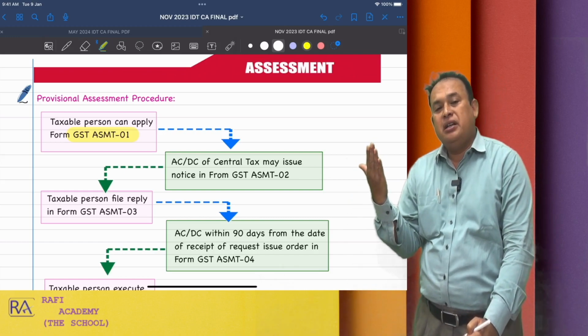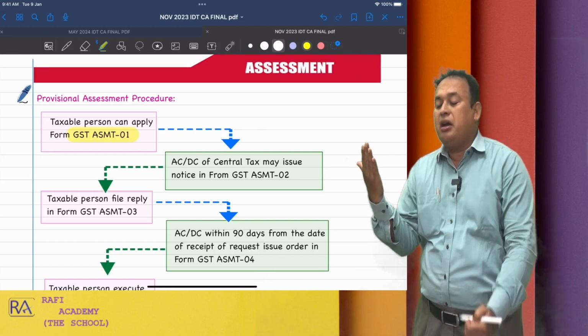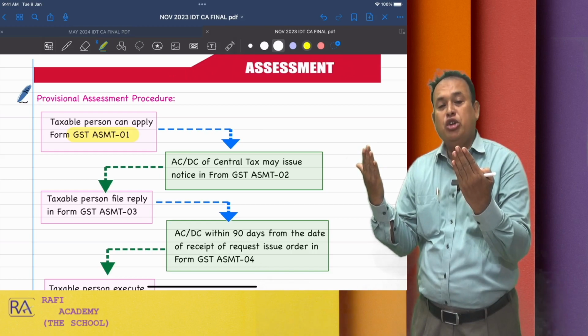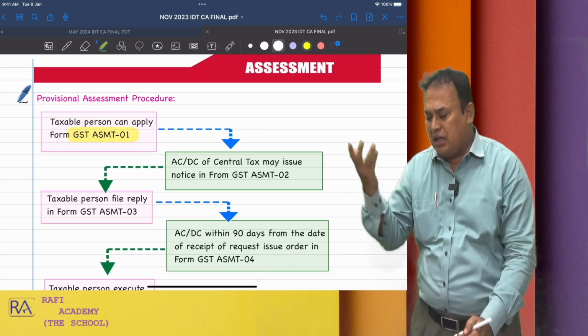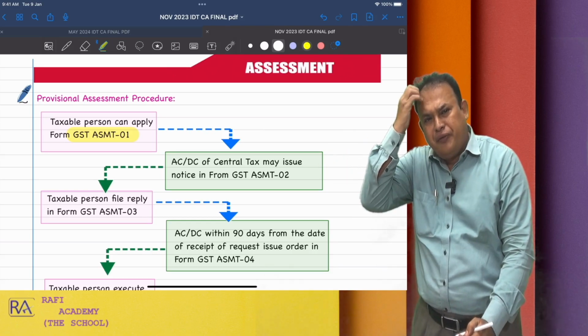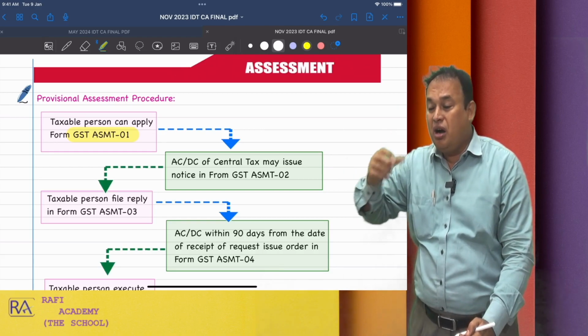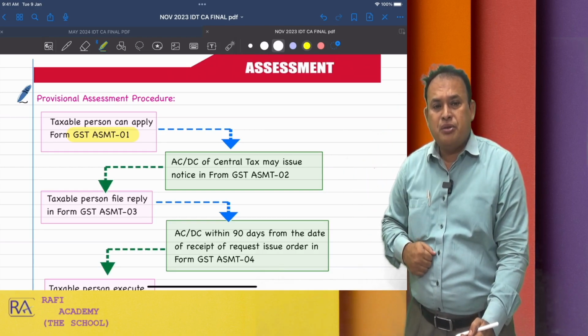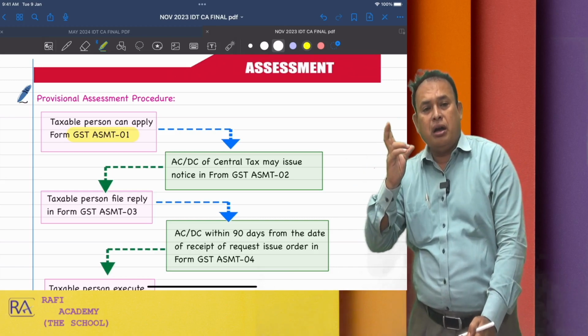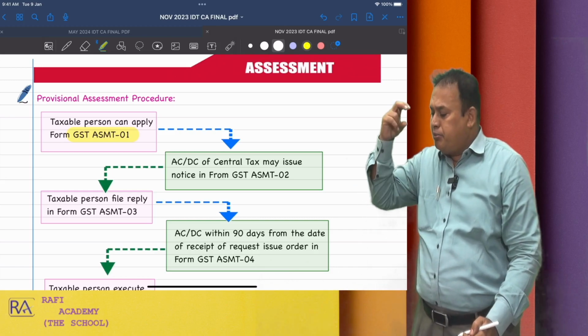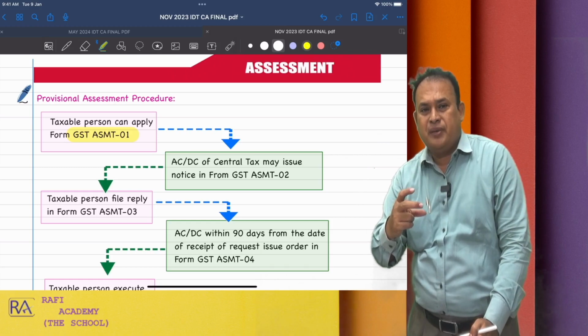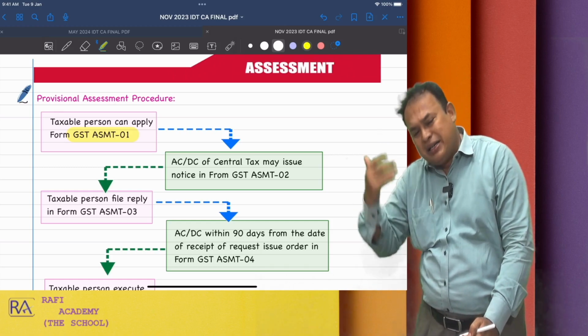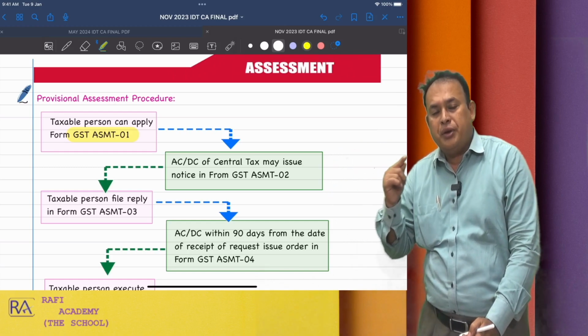The department officer, either the assistant commissioner or the deputy commissioner, will verify your application. Sir, very often you say assistant commissioner or deputy commissioner. Sometimes you say joint commissioner or additional commissioner. Sometimes you say commissioner or principal commissioner. Are these one and the same officers or different officers, sir? For your kind consideration,